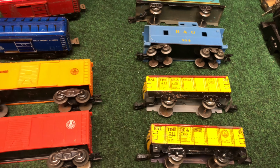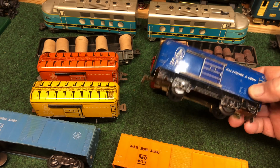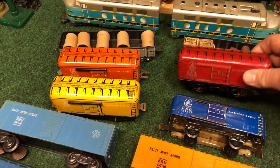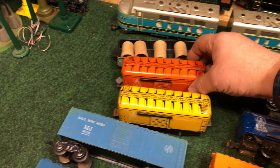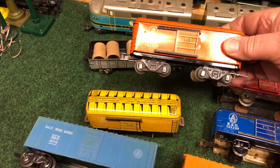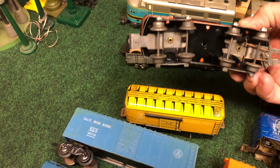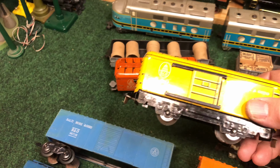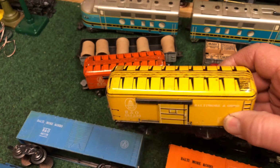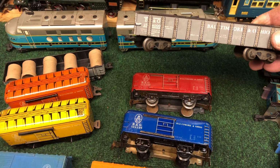And take a look at these great 6-inch cars. B&O came in the dark blue, a number of shades of red, and my favorite, the orange and yellow. This one has one-way couplers, 8-wheel car, another 4-wheel car, yellow. And back to the scale,